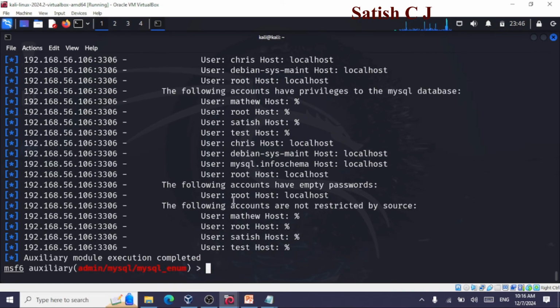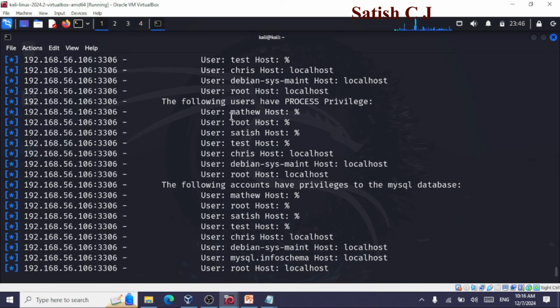So you can very well see here it says the following accounts have empty passwords. Root has got null password and it has got localhost access. The following accounts are not restricted by source. It means that these usernames can access from the remote host. So host is percentage. So it enumerates the database, gives us what kind of privileges what users have and what